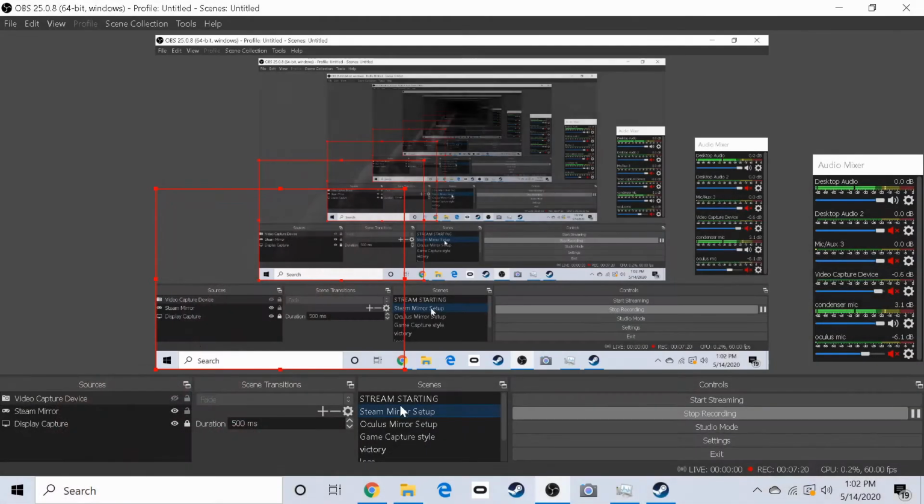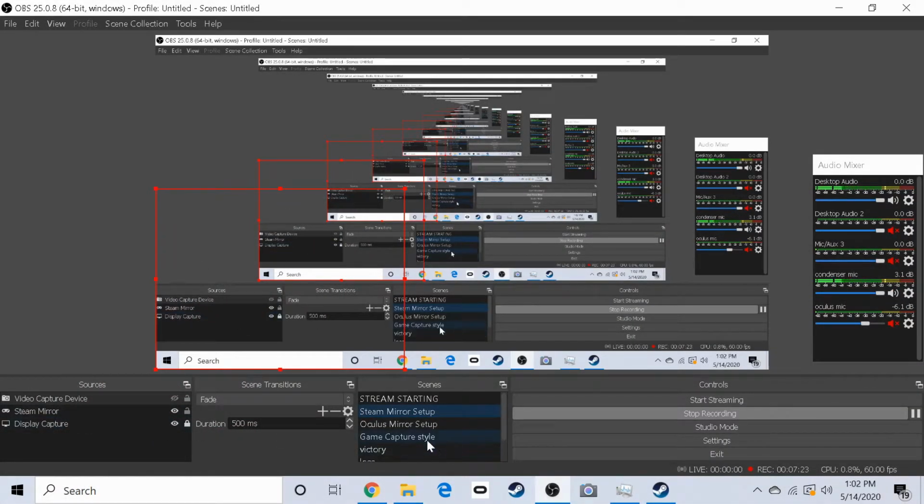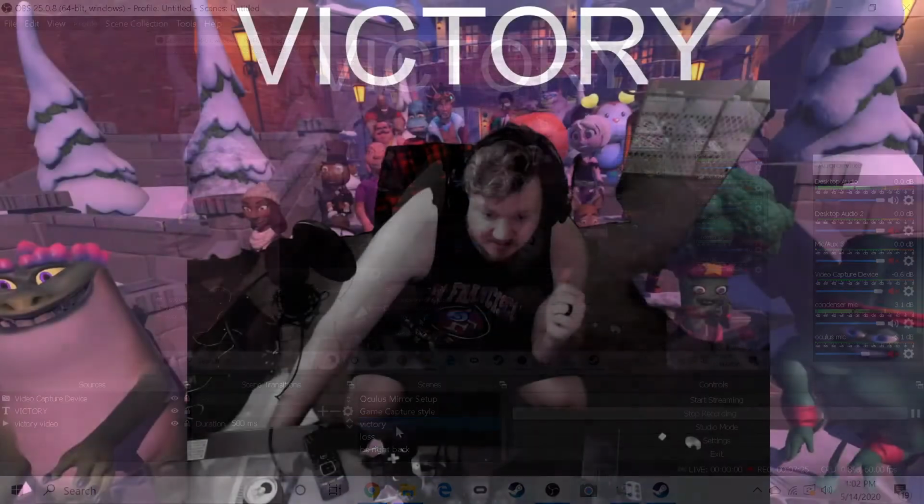I don't remember what I have this for. I only use Oculus Mirror when I'm playing Oculus specific games only, because there's no reason to even open Steam if you're only playing an Oculus game. But for my Steam Mirror setup, you know, there's that. These are the little things that